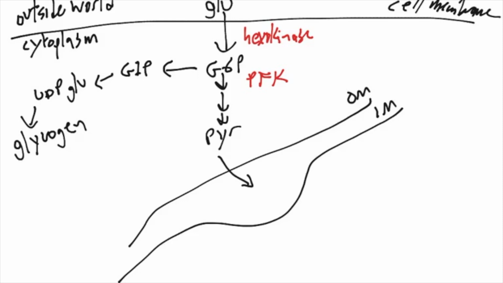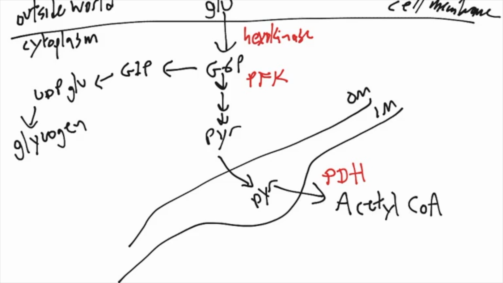Coming right in, pyruvate continues straight on through, and via pyruvate dehydrogenase gets converted into acetyl-CoA. Now, in the absence of oxygen, or if there's not enough O2, or in essence when energy demands exceed